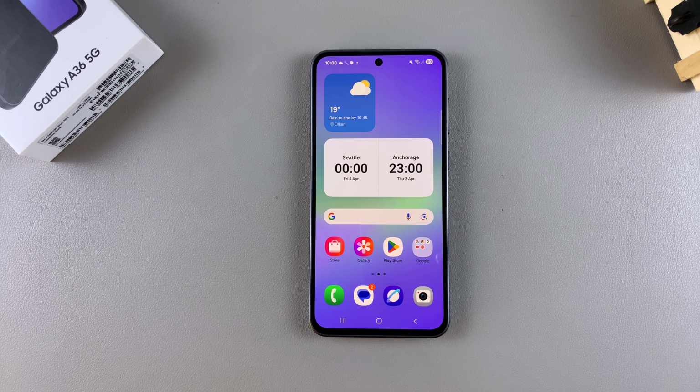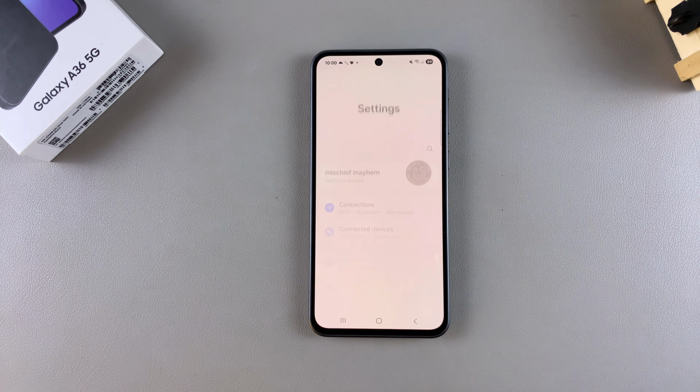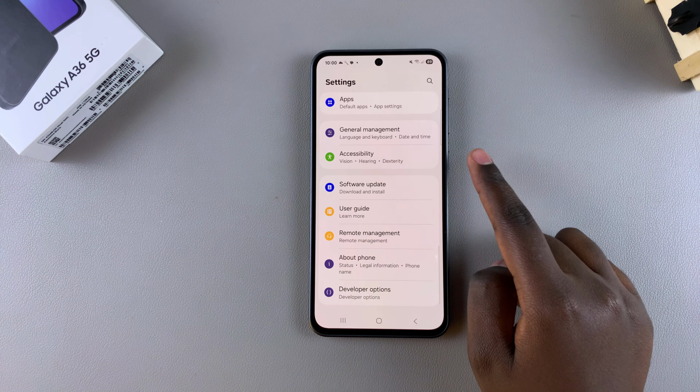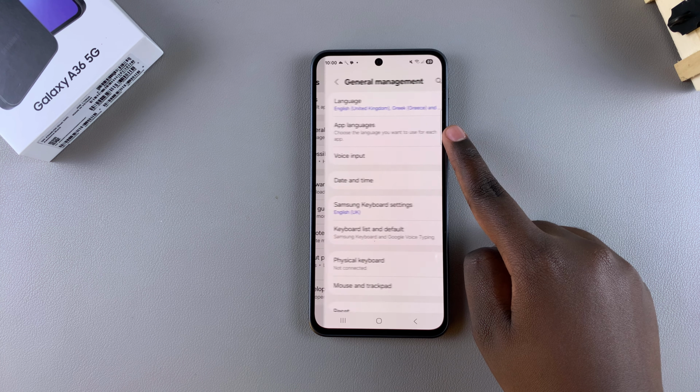So in this video, you'll learn how to reset all settings on your Samsung Galaxy A36. If you want to take all your system settings back to their default format, then this is what you need to do. Simply open the Settings app, then scroll and select General Management, and then from